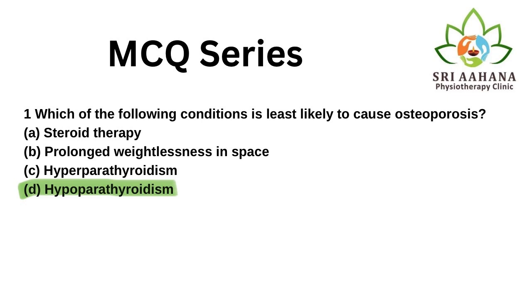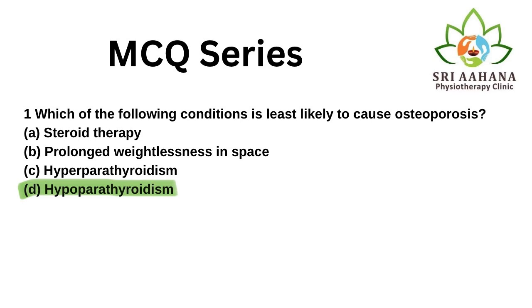The correct answer is option D, hypoparathyroidism. Option A is not right because long-term use of glucocorticoids can lead to osteoporosis. Option B is not right because lack of gravity causes bone density loss due to reduced mechanical load on the bones in space. Option C, hyperparathyroidism, leads to increased bone resorption because of the secretion of excessive parathyroid hormone,